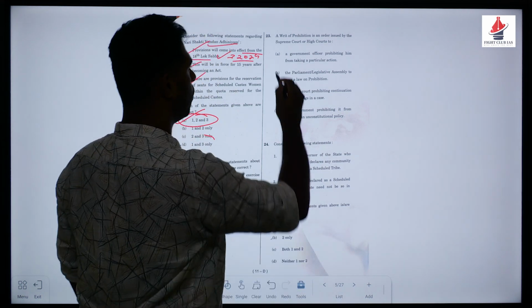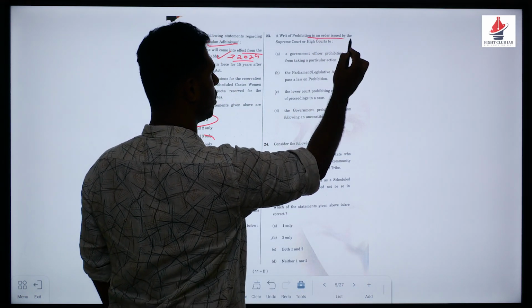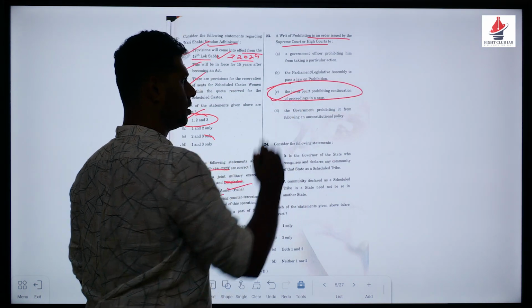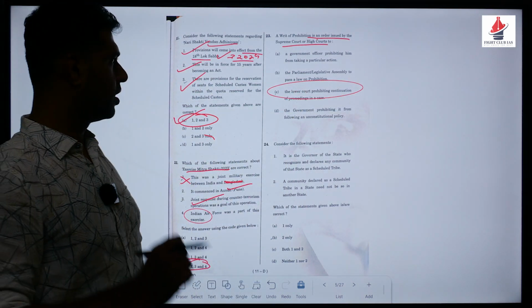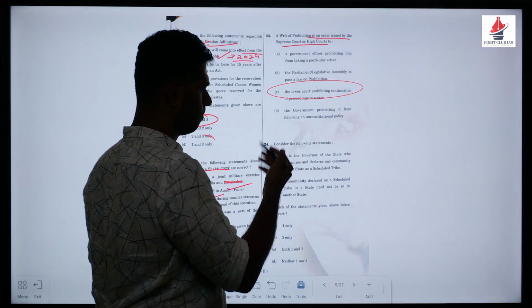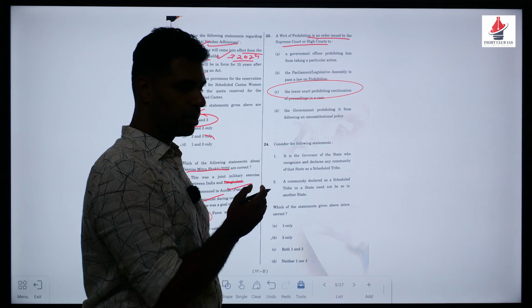Clear? Now, a writ of prohibition is an order issued by the Supreme Court or High Courts to the lower court prohibiting continuation of proceedings in a case. This is why prohibition will be generally issued against the government, right? It's a very simple, straightforward question, 23rd. Moving to the